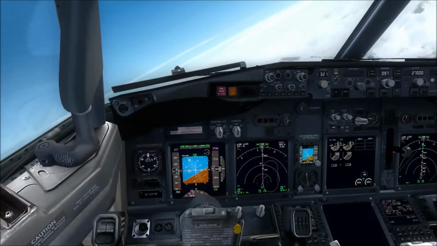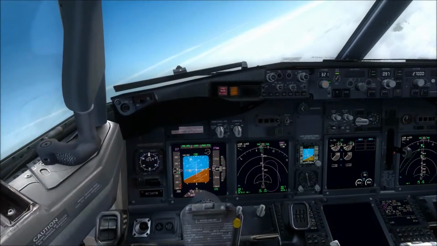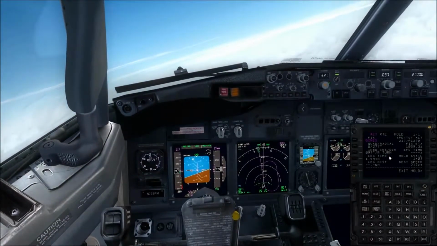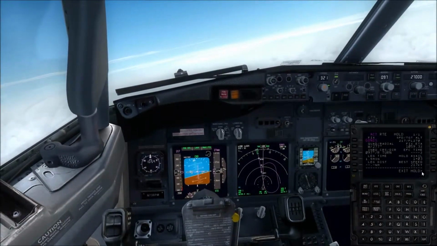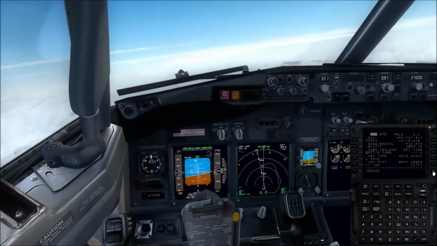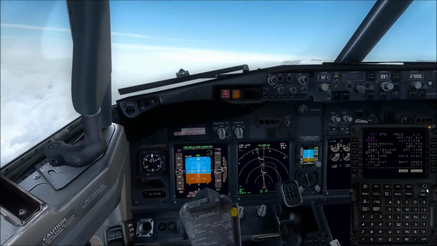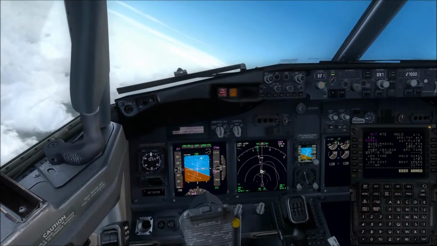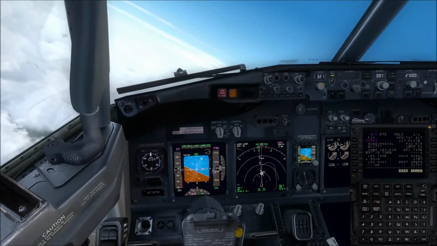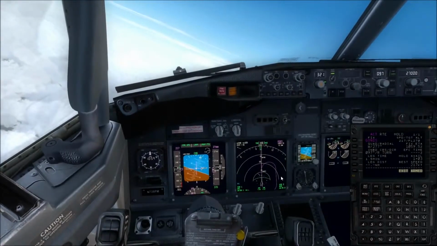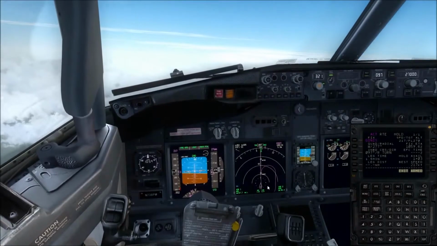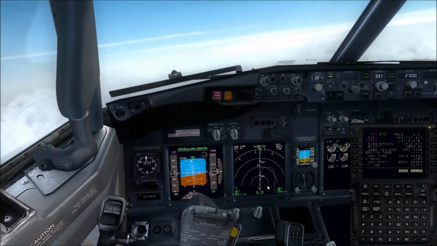Okay, I'm now heading back towards the waypoint I'm holding at, so now I want to exit the hold. To do this it's very simple. You just go back to the FMC hold page and click alongside exit hold, then execute. Exit is now armed, so when you next reach the waypoint that you're holding at, the aircraft will then exit the holding pattern and continue along the route you have programmed into the FMC.